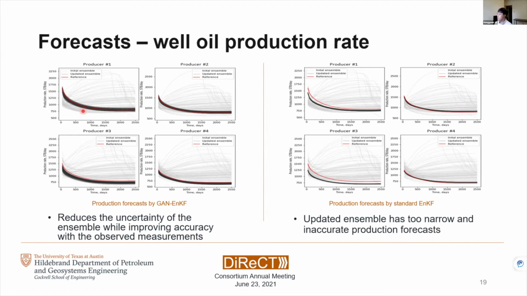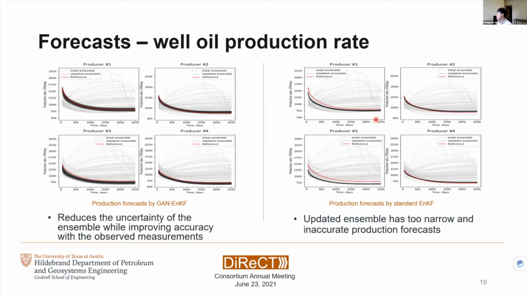And in updating this ensemble, we use this information up to 500, and from 500 to 2050, we haven't used that information to update the ensemble. So from the wide range of uncertainty in the initial ensemble, GAN ensemble Kalman filter successfully reduced the uncertainty, and it also gives us a very accurate result, which covers pretty much of this reference case.